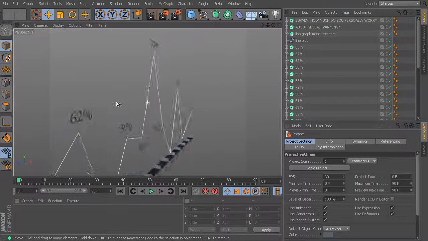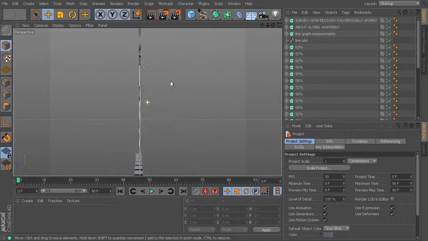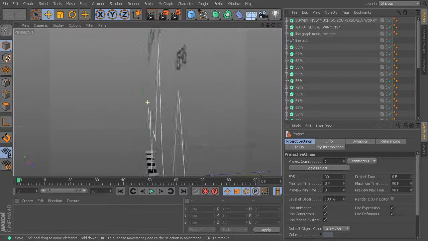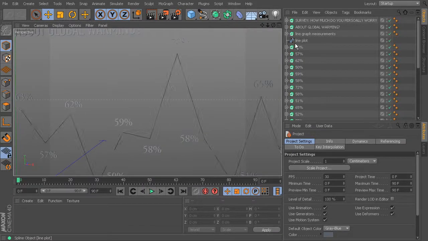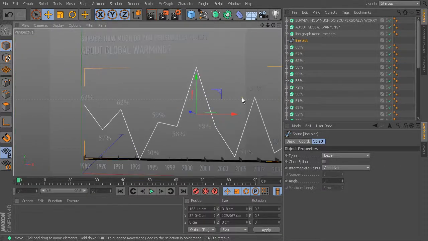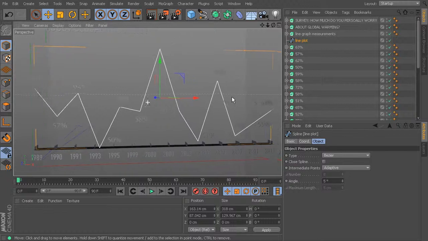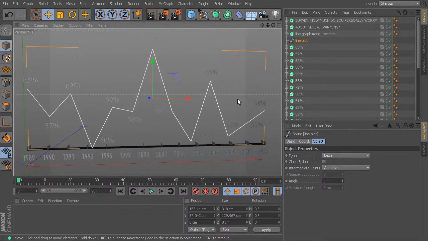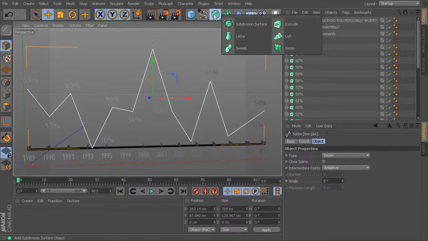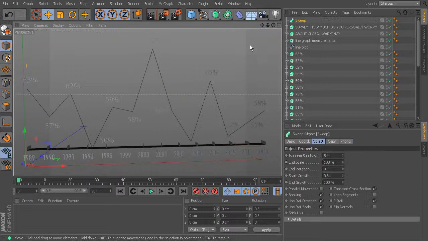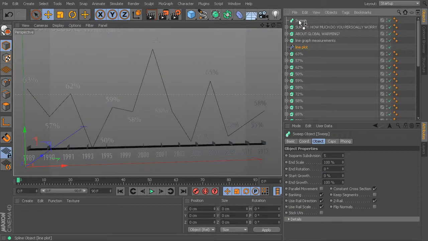If I come around here, you'll notice that I have this spline that I don't have any kind of geometry created for. I have it for pretty much everything else, but we still have this out on its own as a spline. So let's use a sweep and another spline to be able to give this a little bit of 3D form. So I'll just come up here, we'll drop in a sweep, and I'll drop that line plot underneath